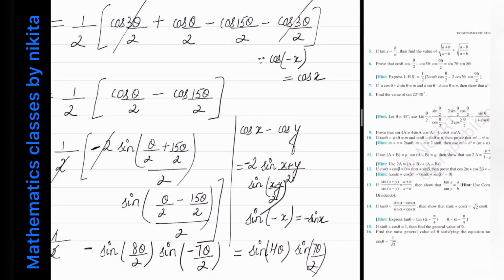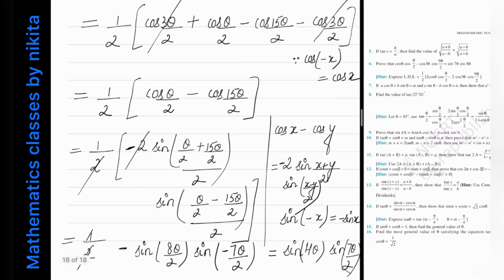Actually what they have done is, they have forgotten to divide by 2 here. Okay, so you can check the formula. The formula of cos x minus cos y is minus 2 sine of x plus y divided by 2 into sine of x minus y divided by 2. So the mistake is in the question itself. So this is wrong. What we have proved is sine 4 theta into sine of 7 theta by 2. I hope you are getting it and understanding it.